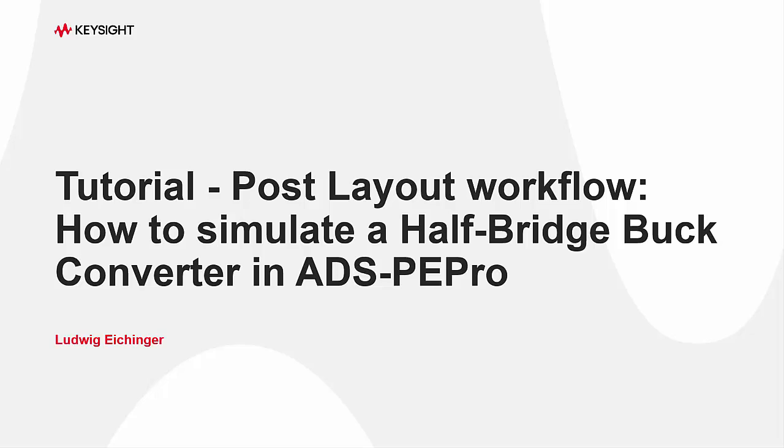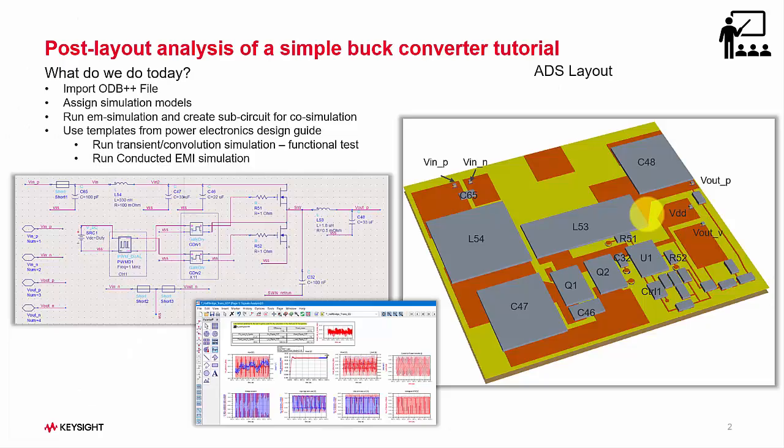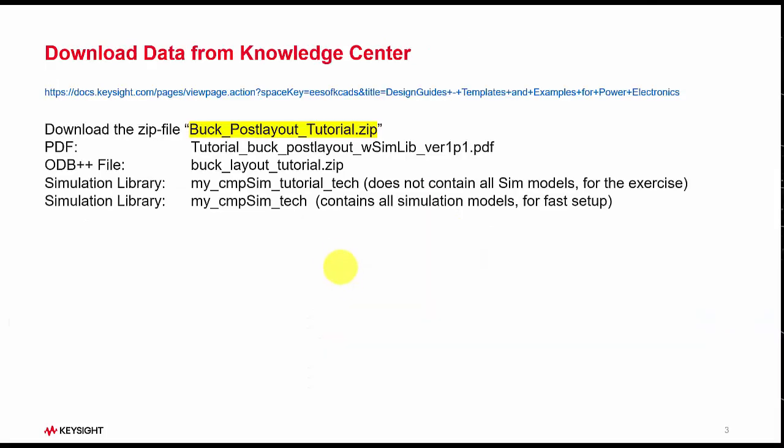In this video, I will go through the tutorial Post-Layout Workflow, how to simulate a half-bridge buck converter in ADS PEPro. On the PCB, there are just a few components to keep it simple. This layout can come from any CAD system, but I created it in ADS layout and exported an ODB++ file to have an example. Before you start, please make sure that you have the zip file, the buck post layout